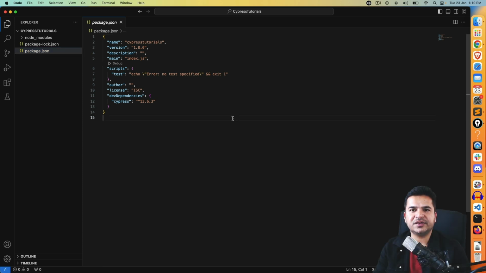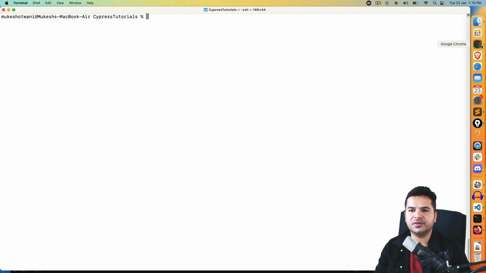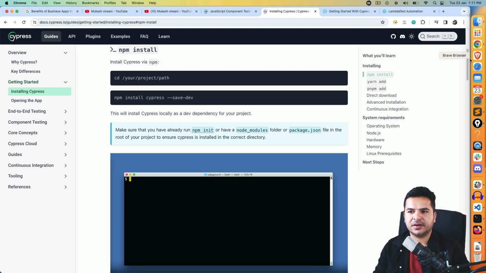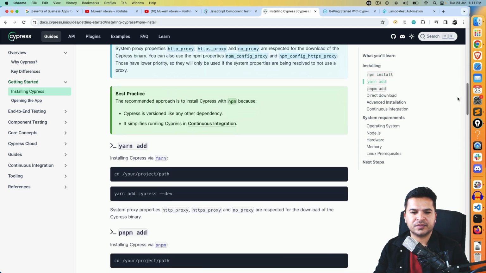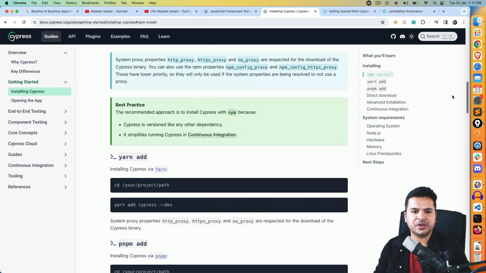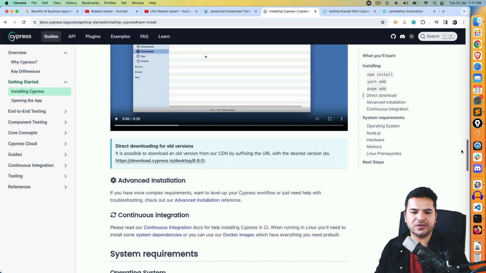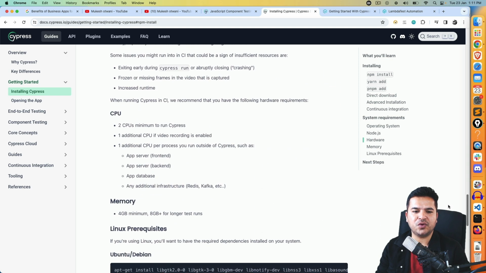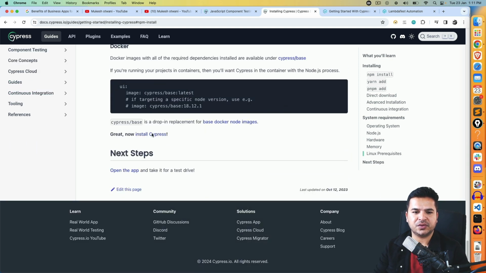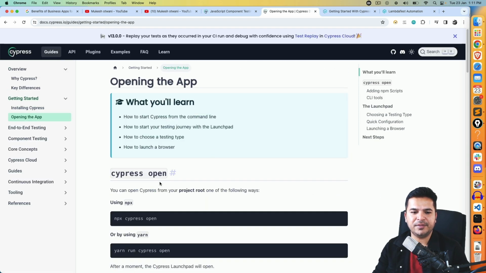Now once you're done with this, go back to the official documentation and come down. So you can use either npm or you can use yarn. We already used npm, so no need of this. Now once you are done, you have to open Cypress. So come to the next step, open the app, and you can use this command called npx cypress open. So let me copy this command